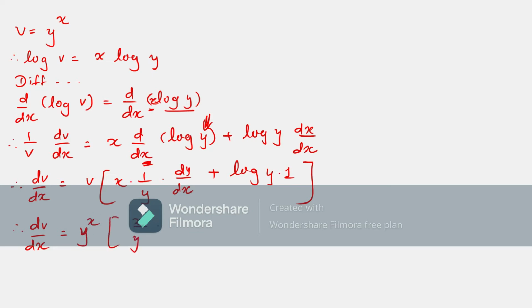x by y dy by dx plus log y into 1 is log y. That's our equation number 2. Let us substitute 2 and 3 in 1. What we get? So we are here putting